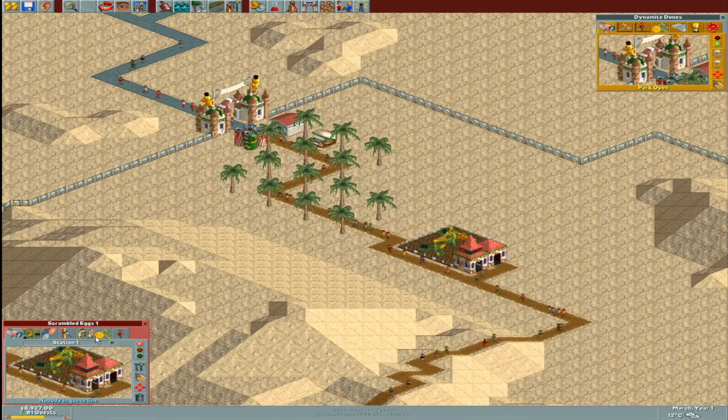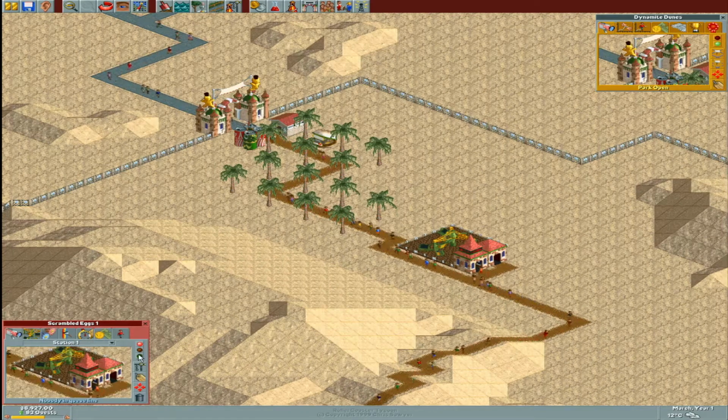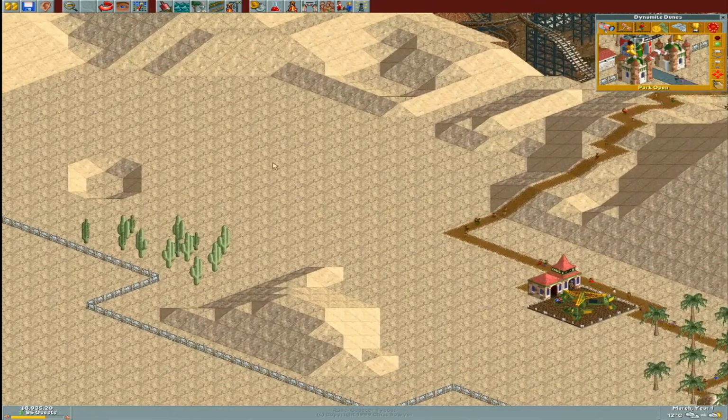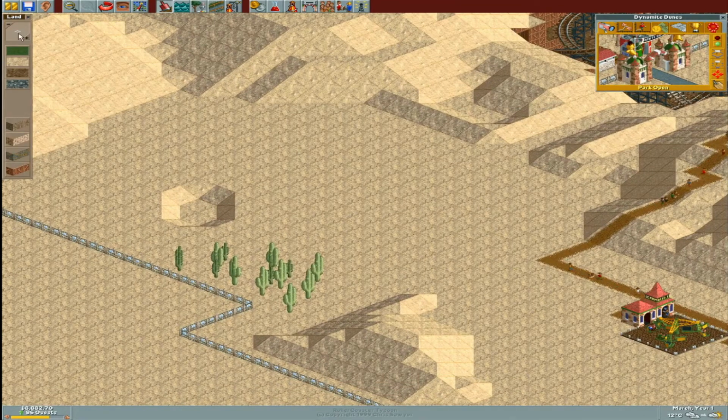Let's go ahead and lower that just a tiny bit and then turn it on so people can start riding it. Have 8,000 gold at the moment. I think I want to level this out. Of course, I raised it. Shoot. This is the part